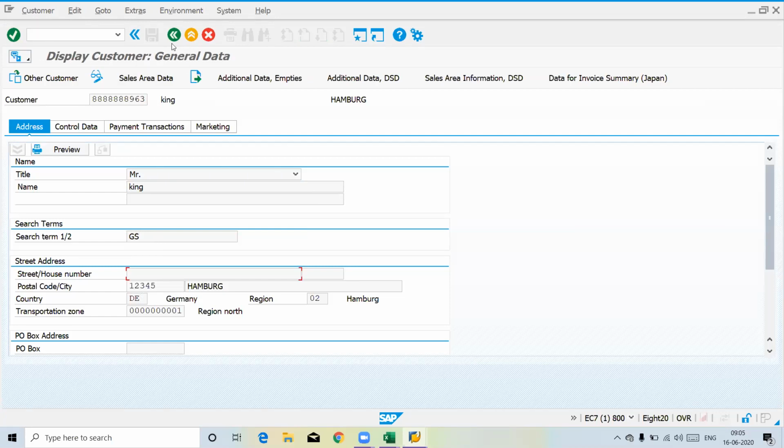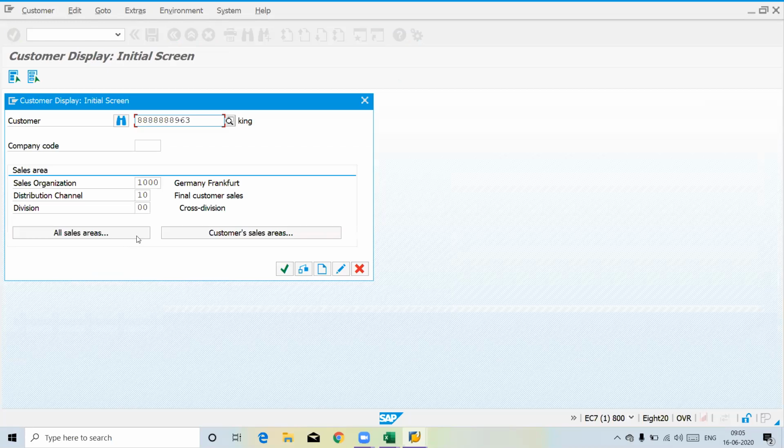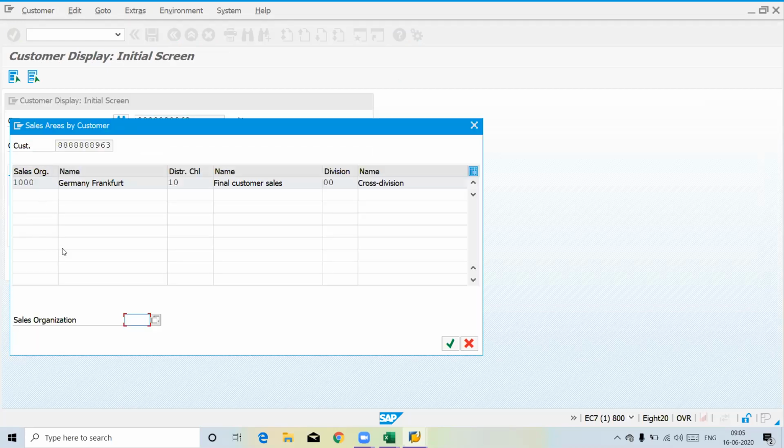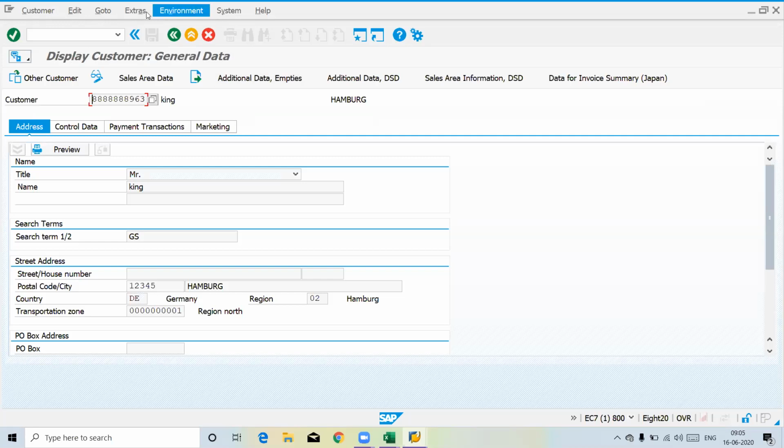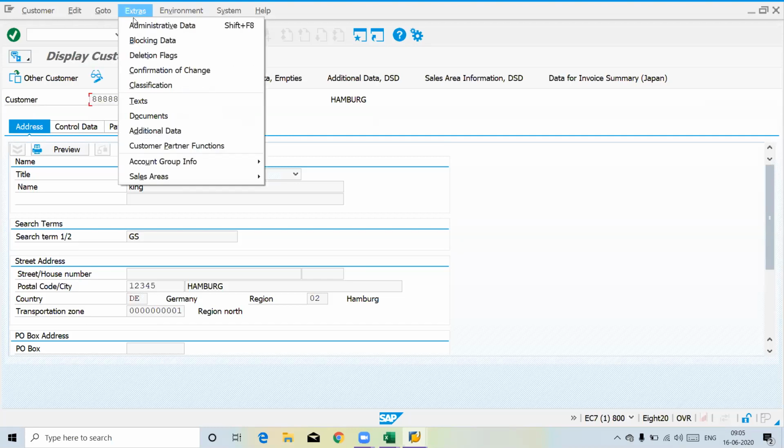This customer sales area is the button which tells you within how many sales areas your customer got created. Let's get inside. Certain tabs are available here, like edit and extras, and all these sections we're going to see and how they are relevant to our configuration.